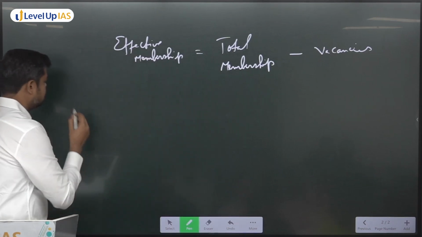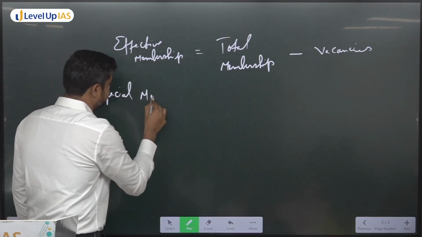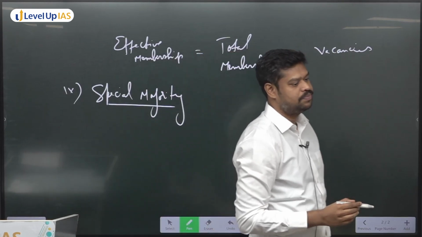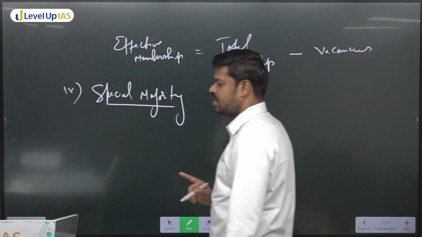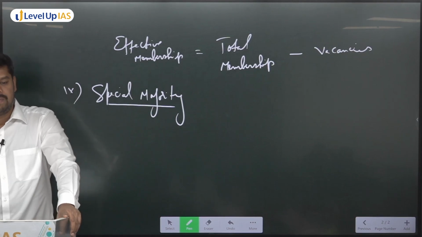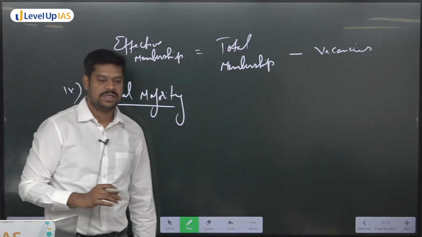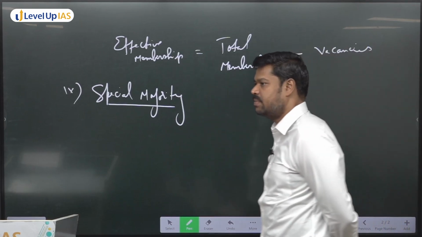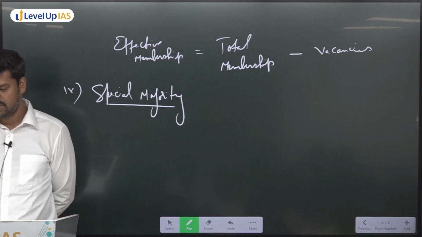So now we'll move to the last type of majority, which is called special majority. So just write down one line in your notes wherever you are making the notes. Apart from the above three types of majorities, that is simple majority, absolute majority, and effective majority,